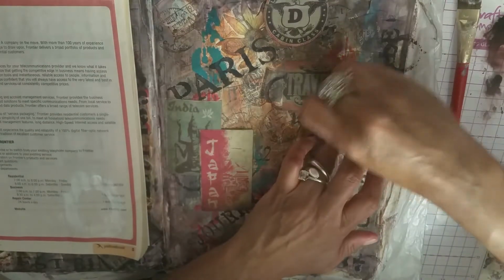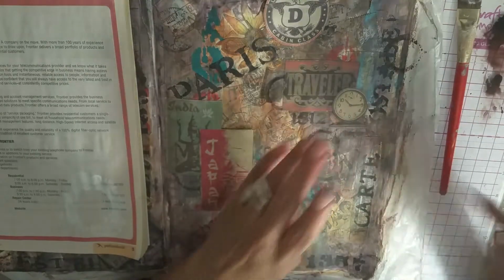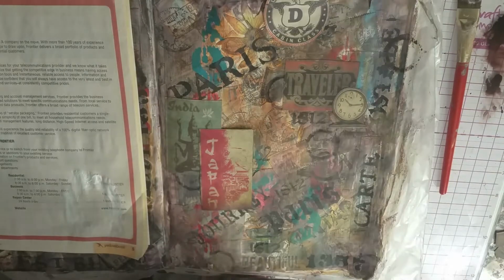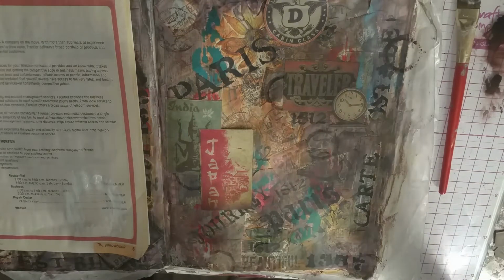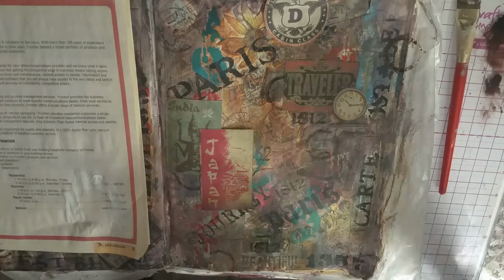Okay, I got too much collage glue on there. All right, there we go. Oh, remember I told you my glue was having trouble coming out? Oh, now it's flowing like crazy. What the heck? Yeah, it flowed all over everything. Anyway,